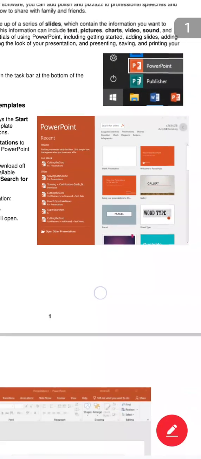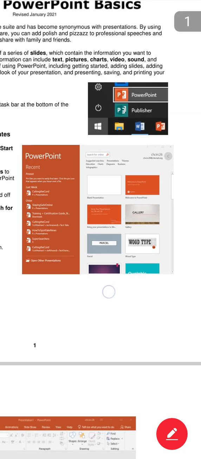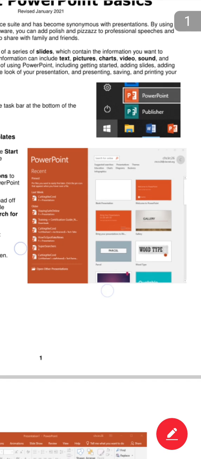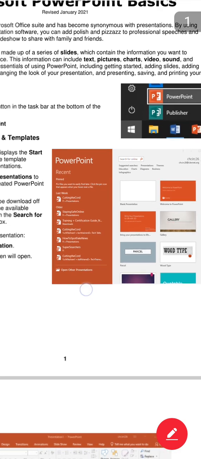As we discussed in an earlier lecture of the basic computer training course, we can also start quickly because its icon is made on our desktop. Also, we can start by clicking the start button, then write in the text box Microsoft PowerPoint, then click on Microsoft PowerPoint presentation. So it is started,